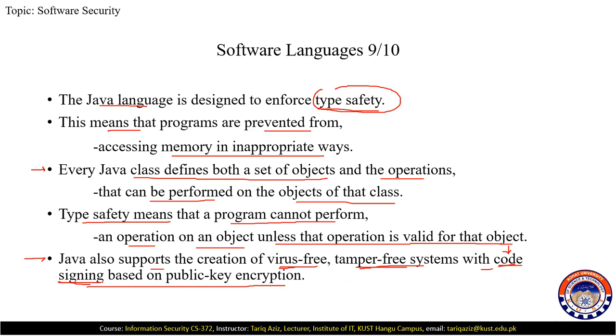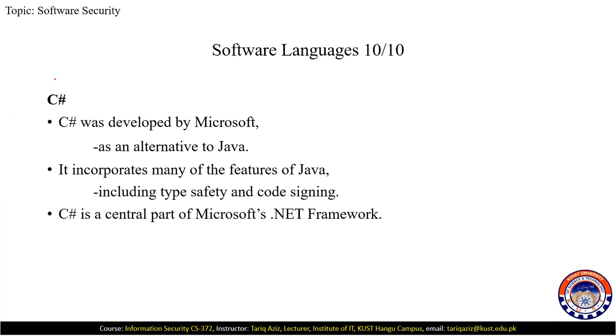Okay. Now, dear students, another language is C sharp. C sharp was developed by Microsoft as an alternative to Java. It incorporates many of the features of Java, including type safety and code signing. So we can say that to give a competitive edge to Java, Microsoft developed this alternative